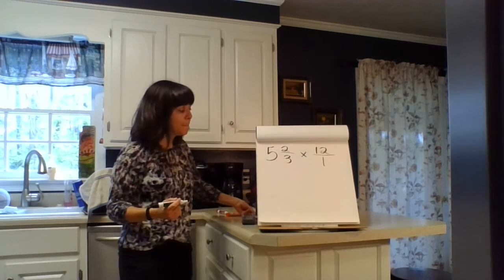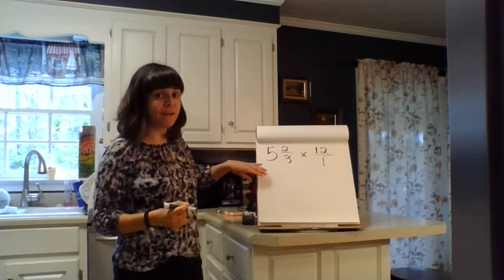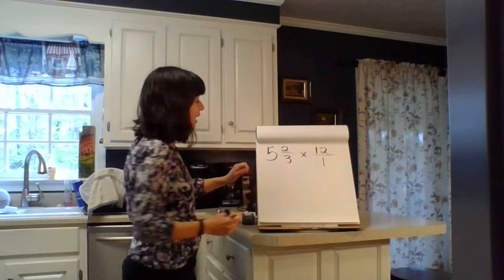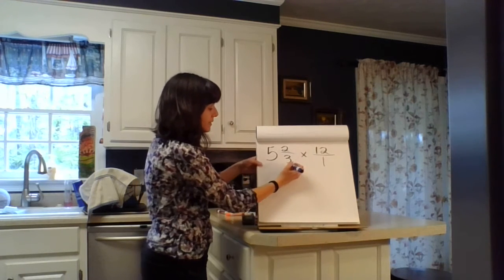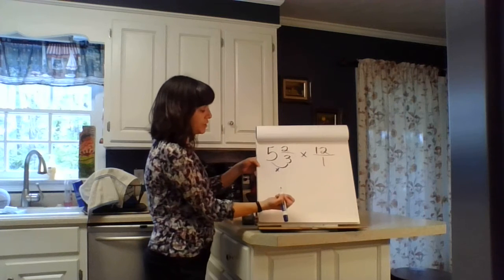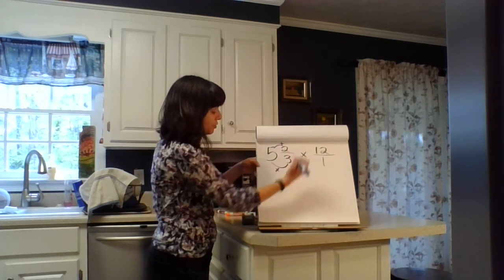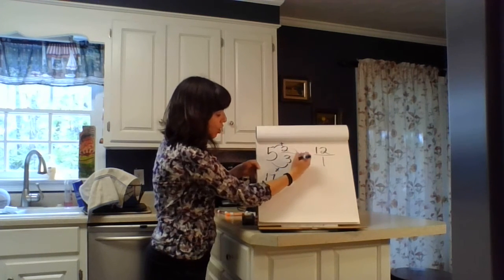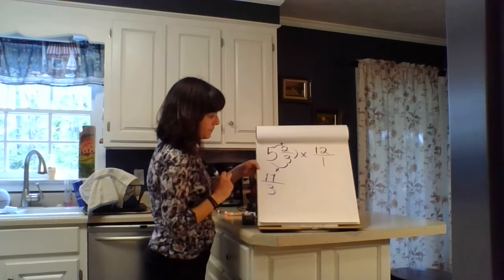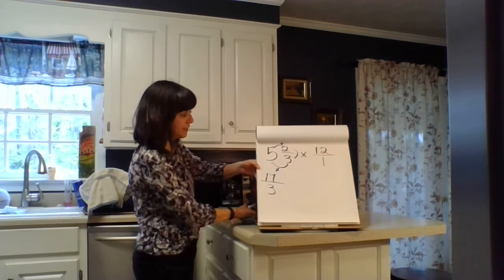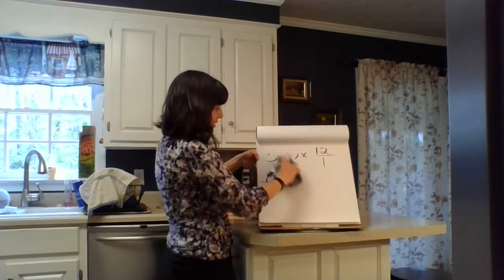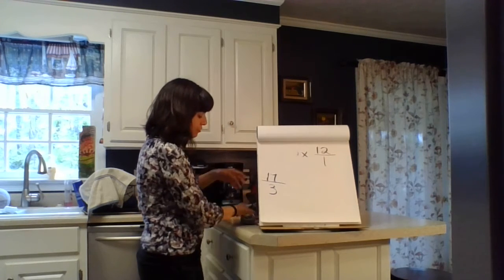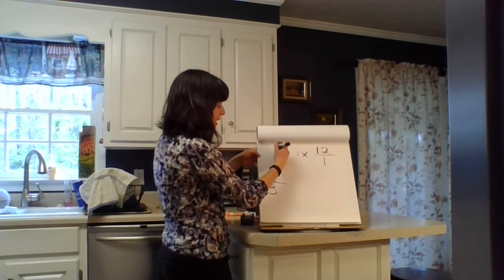And again, whenever I multiply a mixed number, I first need to make it an improper fraction. So to do that, I would say 5 times 3, which is 15, and then plus 2, which is 17. That all goes back over 3. And then 12 over 1 is going to stay the same. So let me just rewrite this to save room. Okay, so I have 17/3